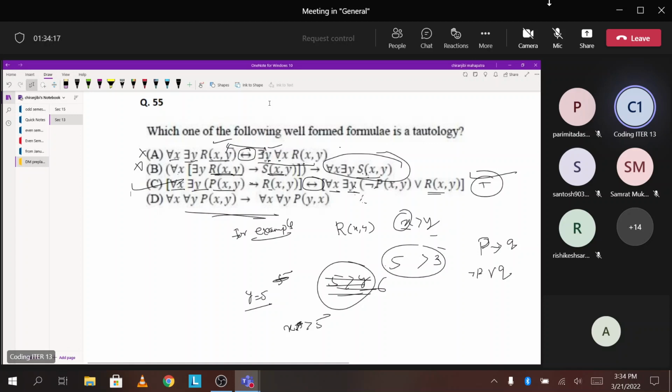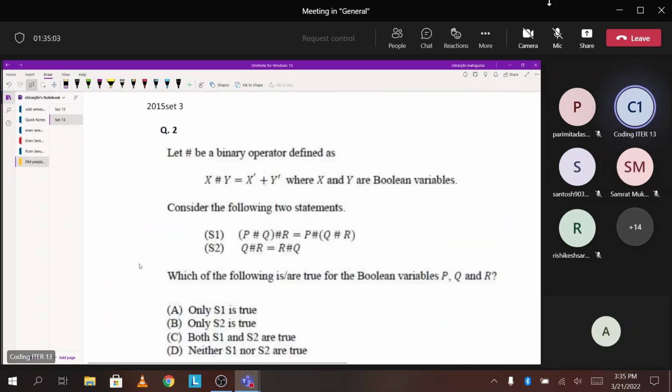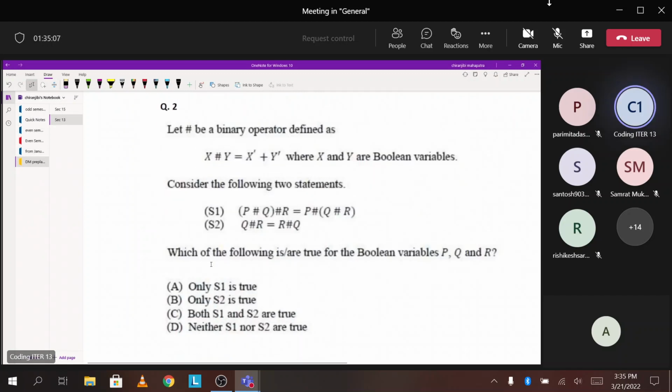ठीक है, कोई डाउट किसी को? एक एग्जाम्पल का सुनो, कभी कभी क्या होता है कुछ कुछ प्रॉब्लम्स ऐसे सॉल्व नहीं हो पाते, तो हम कुछ छोटा मोटा एग्जाम्पल्स लेके भी इसको चेक कर सकते हैं, ठीक है। ठीक है, और एक क्वेश्चन। ठीक है, ये एक क्वेश्चन चेक करो,